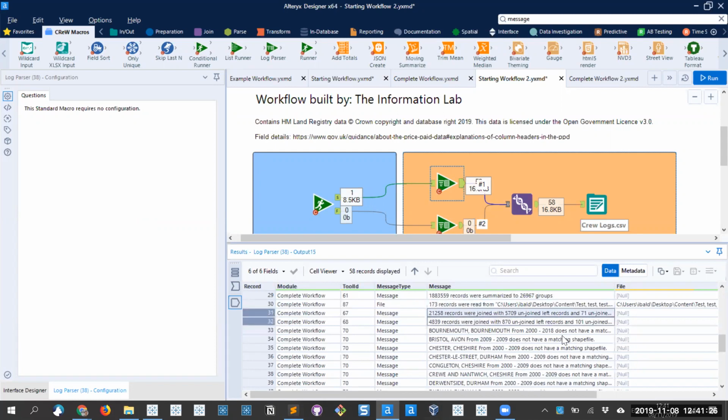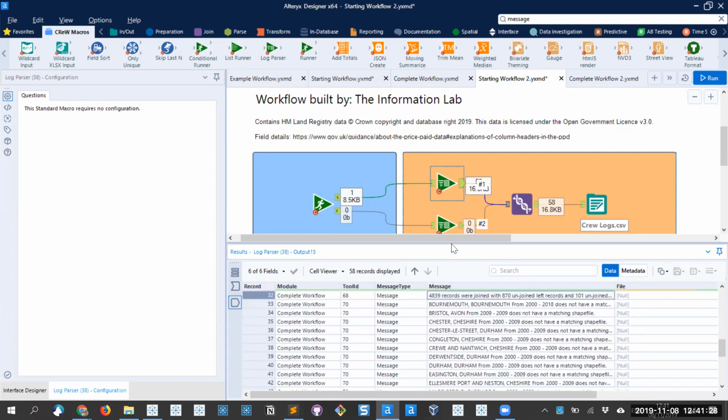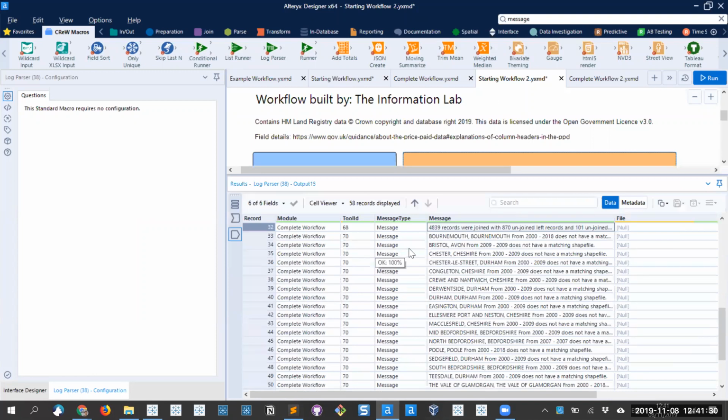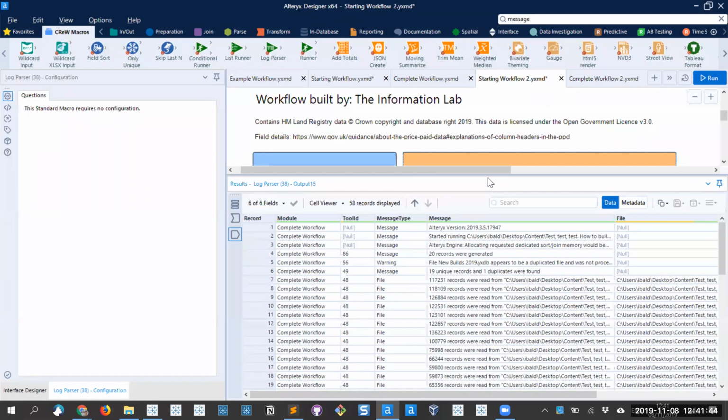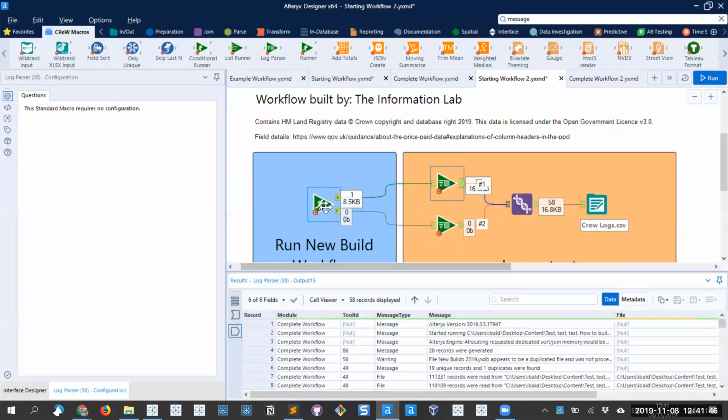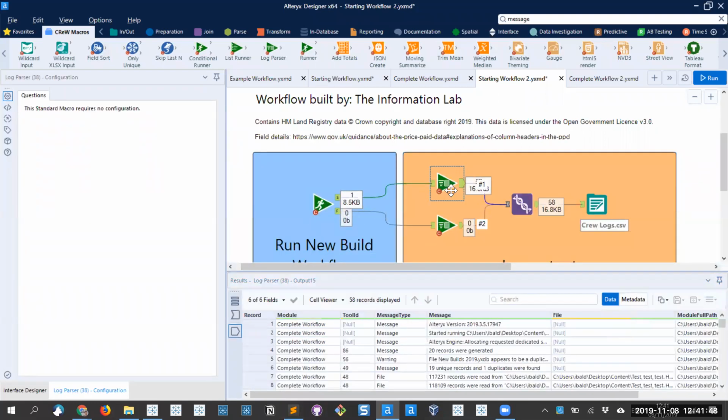couple of messages on the joins, and then at the bottom we've got all of our custom messages saying Bournemouth 2000-2018 does not have a match, Bristol 2009 doesn't have a match, Chester, Chester Street, and so on do not have matches. So yeah, combining the crew runner tool with the log parser tool now gives us a record of all of the messages, warnings, errors, and so on from our